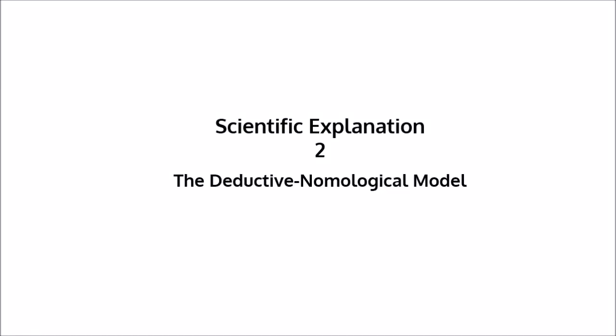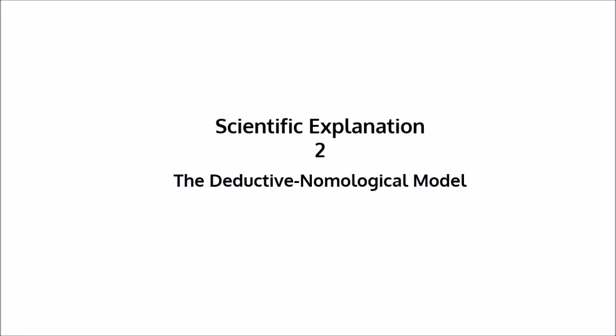Hello YouTube. So in the last video we examined the deductive-nomological model, which holds that to give an explanation is to deductively derive the explanandum from some set of initial conditions plus relevant natural laws. And this is quite a nice simple model of explanation, but the trouble is that it quite clearly doesn't account